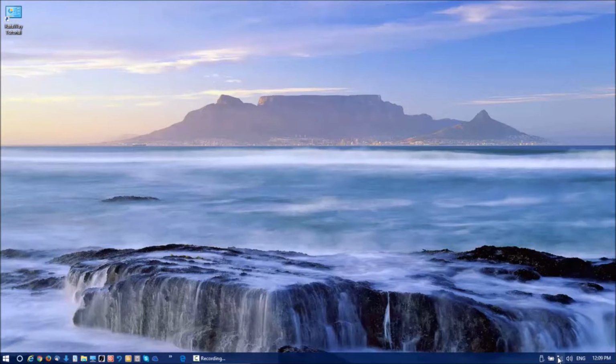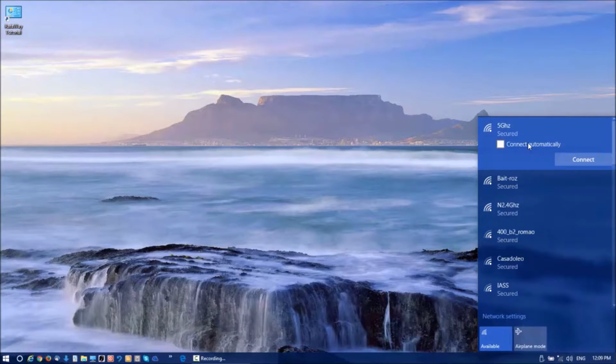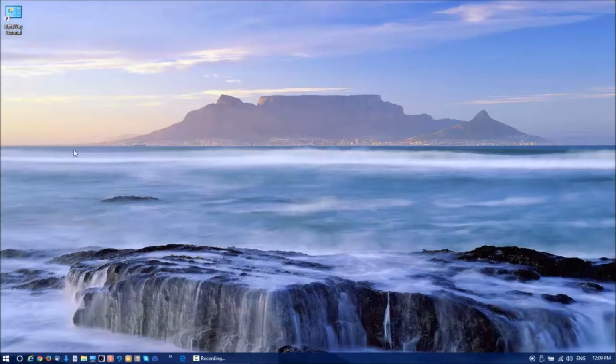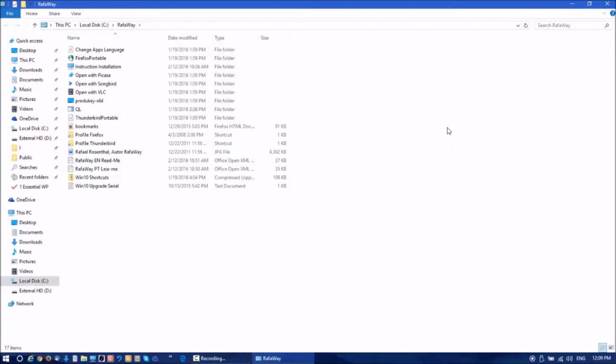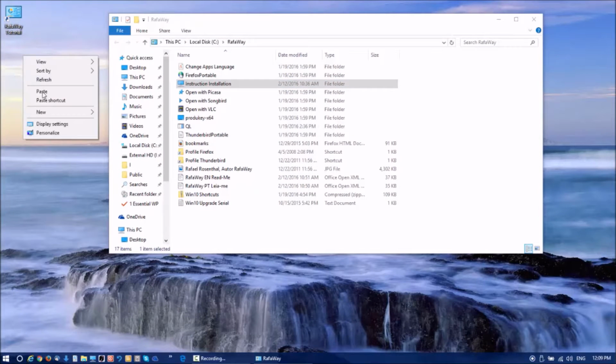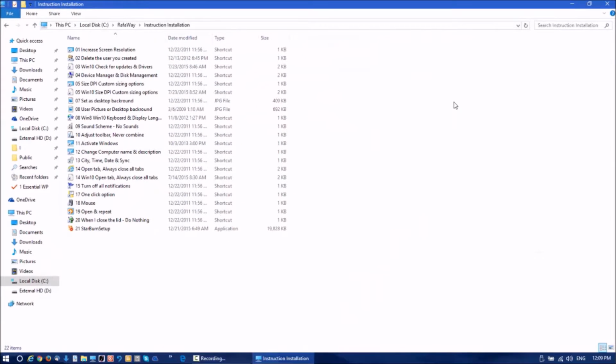First, we're going to connect to the internet through the Wi-Fi. Second, click on the RafaWay tutorial. In order to save time, you're going to create shortcuts of the folder you're going to use, the instruction installation. Now, this folder instruction installation has